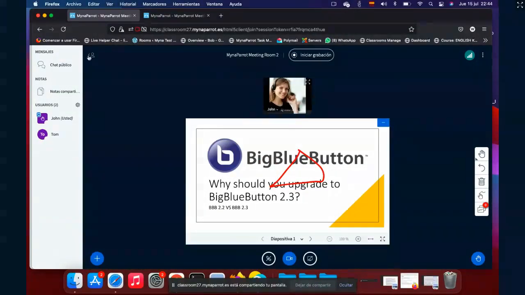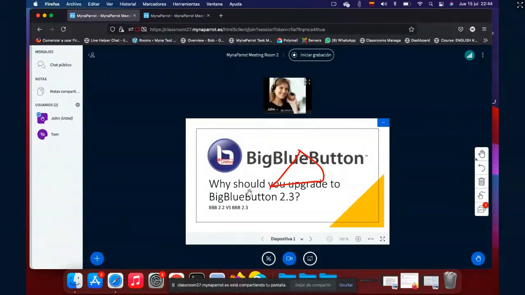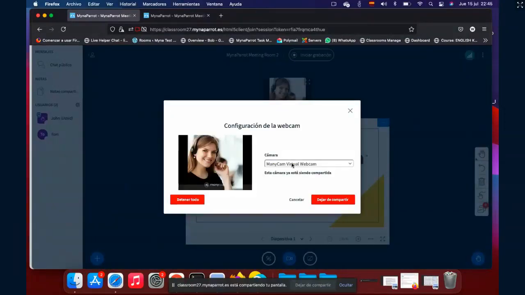Another thing I want to share with you in this session, still about the camera, is that now you can change the camera source right in your live session. I think before you could not do that. If you click the button to share the webcam, here you have two sources.